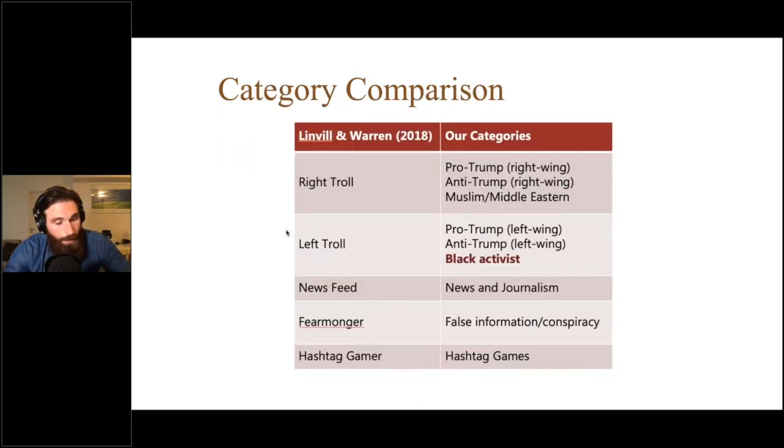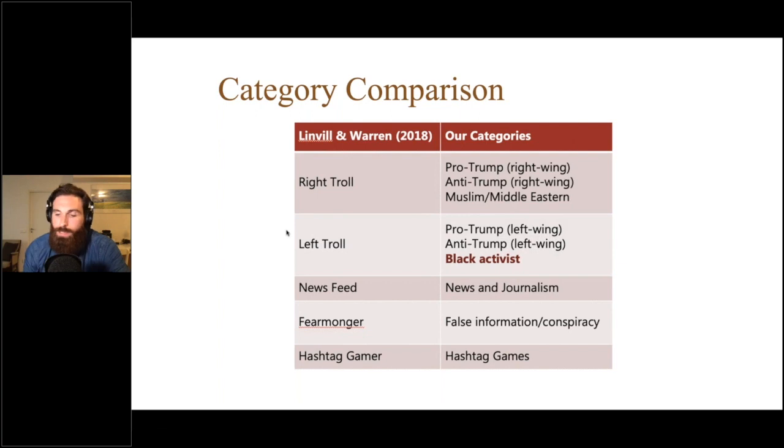So what we did, on the right, early on in this study, when the first data sets were coming out, is we basically just looked and saw, okay, who are these accounts impersonating? When they're tweeting, what are they tweeting about? They're tweeting pro-Trump stuff, anti-Trump stuff, fake news categories. And interestingly, on the left, there were two other researchers that did the same thing, and we came up with similar but kind of different categories.